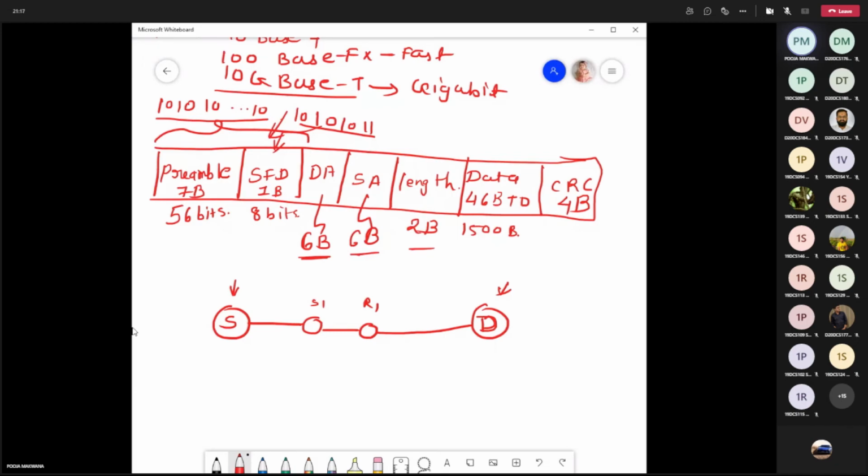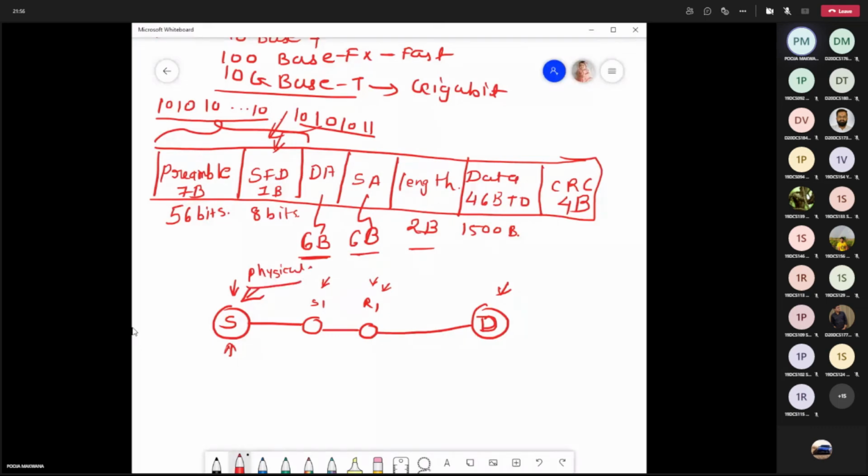So hop to hop delivery means your data link layer is responsible to send the data from this source to the switch, and then the data link layer in this is responsible. Now the source will be the switch and destination will be this router. And the next step will be the source will be the router and the destination will be the exact destination, right? So if you look at the frame format from here, in the source address, the physical address of this source will be there, right?